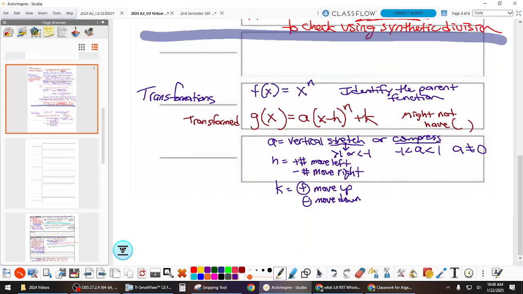What is a move called? You guys remember that word? Translation. Good job. So we say translate H units right, K units up, or something, right? We need to say how far. 5 left, 4 right, whatever. While you're finishing writing that, I'll hand you out your